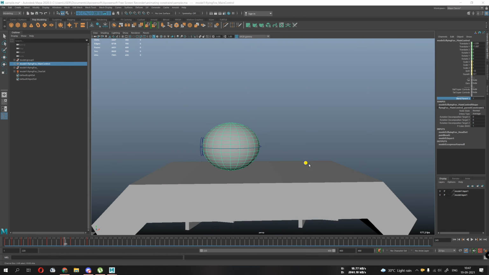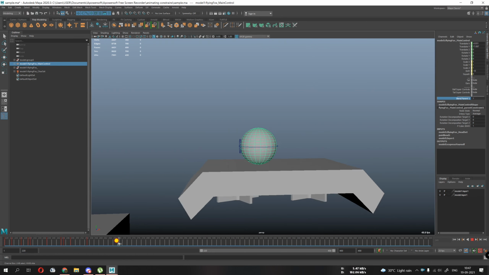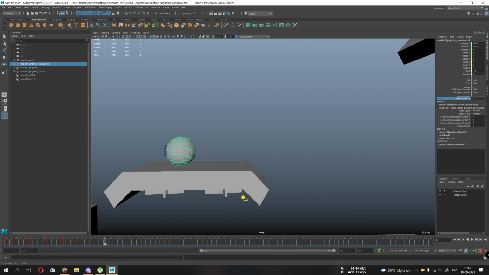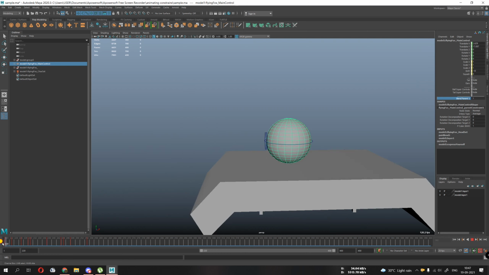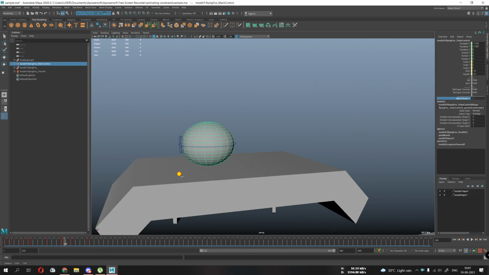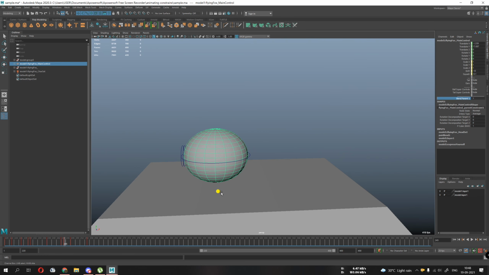Now the ball is completely following the platform. It's not animating anymore after applying the parenting. Don't panic. It's okay. It's natural. Once we animate it, everything will get back to normal. So 245 is the frame when it touches the ground. We know it will be touching the ground from 245 onwards and it won't be with the platform before that. This is our key to animate.